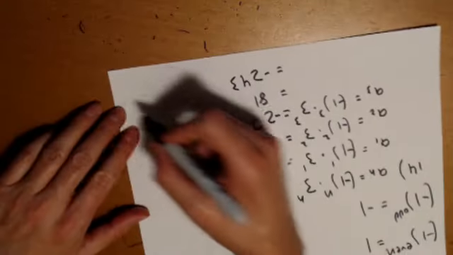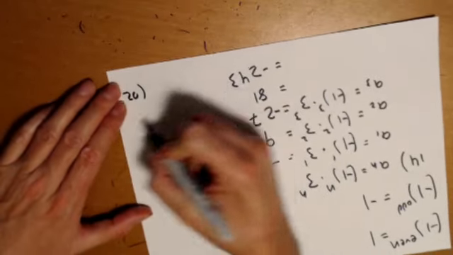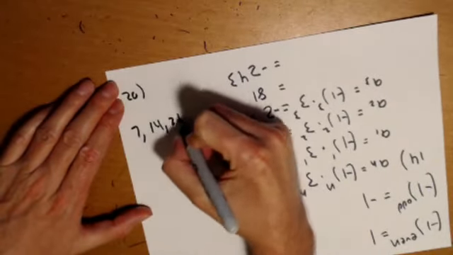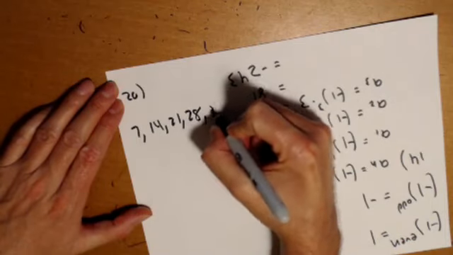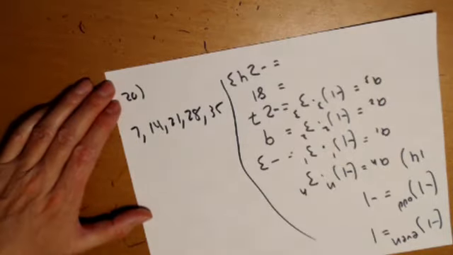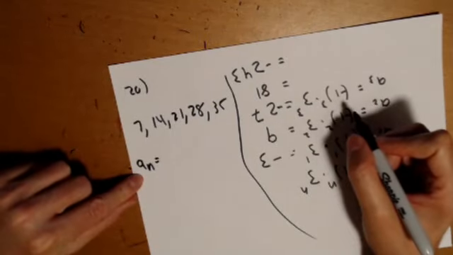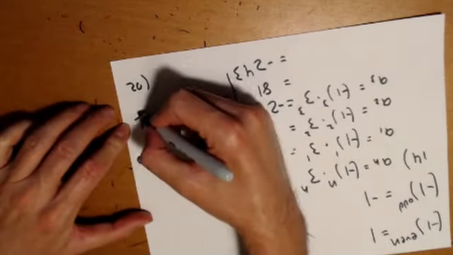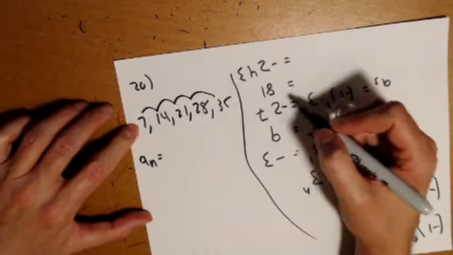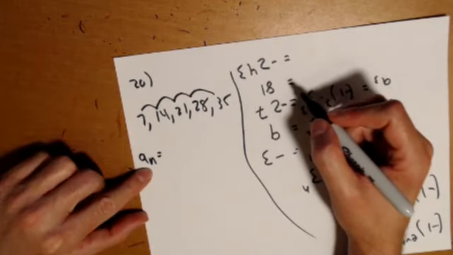Okay, so 20. It goes 7, 14, 21, 28, 35. So we definitely see the pattern. We need to come up with the pattern for a sub n. So we're going to add 7, add 7, add 7, add 7. But it starts at 7. So